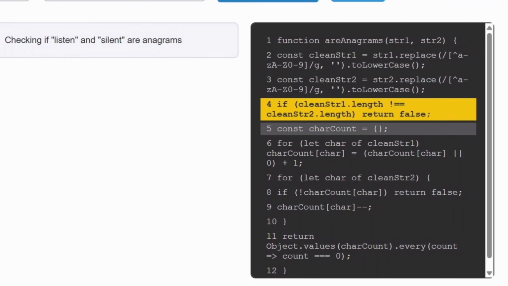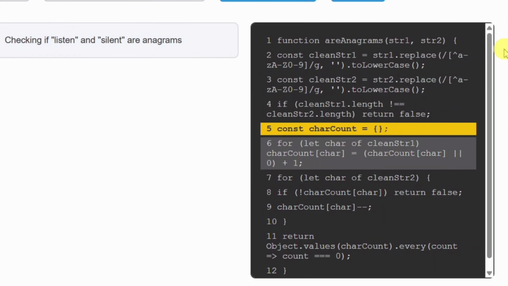If clean string 1 length does not equal clean string 2 length, return false. If the clean strings have different lengths, they can't be anagrams. Return false immediately. Const char count equals, create an empty object to store the count of each character from clean